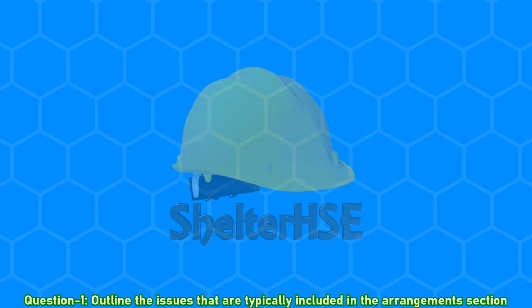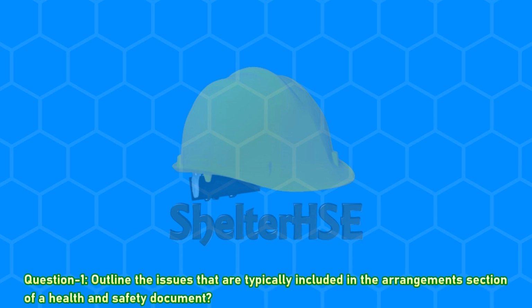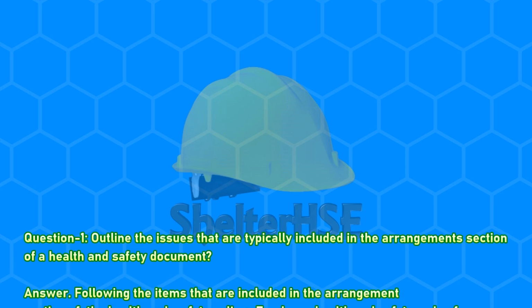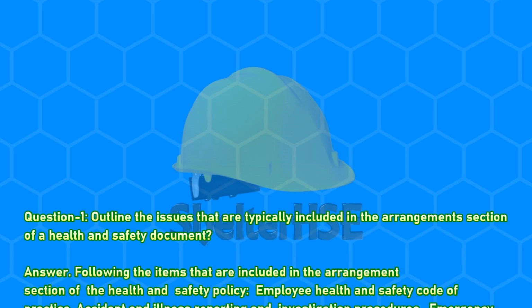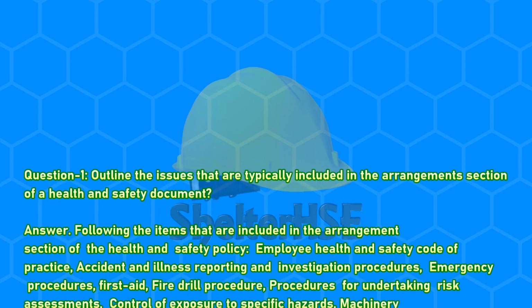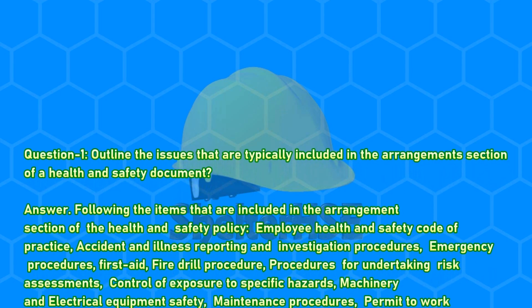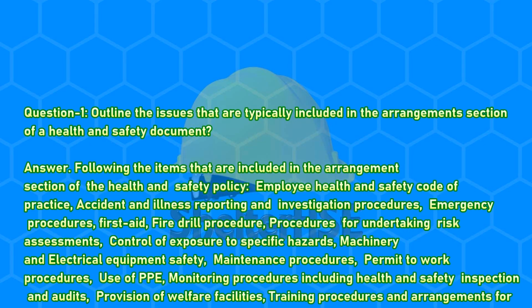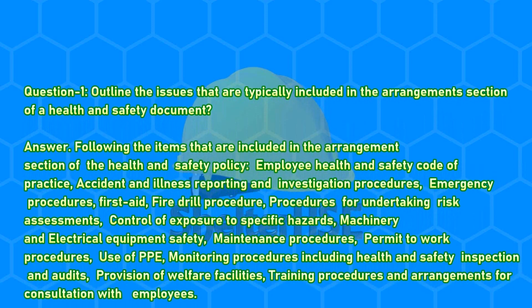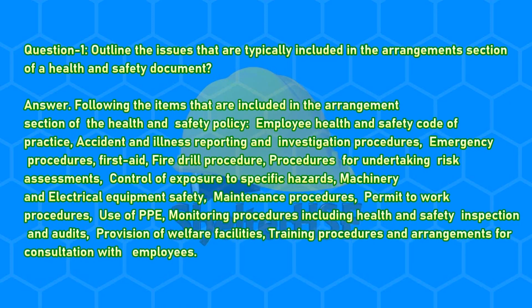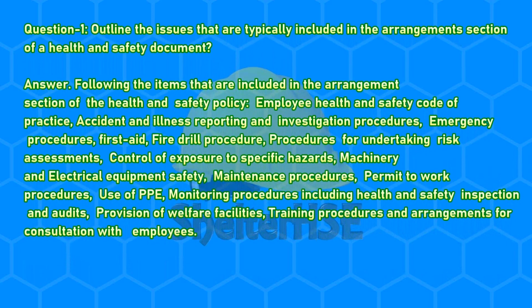Question 1. Outline the issues that are typically included in the arrangements section of a health and safety document. Answer. Following are the items that are included in the arrangements section of the Health and Safety Policy: Employee Health and Safety Code of Practice, Accident and Illness Reporting and Investigation Procedures, Emergency Procedures, First Aid, Fire Drill Procedure, Procedures for